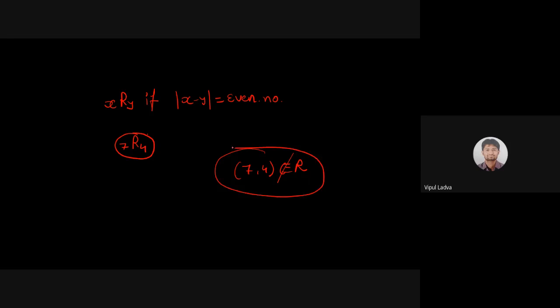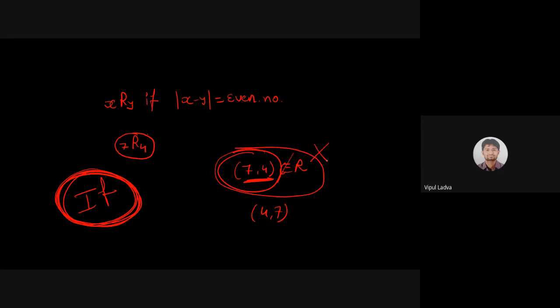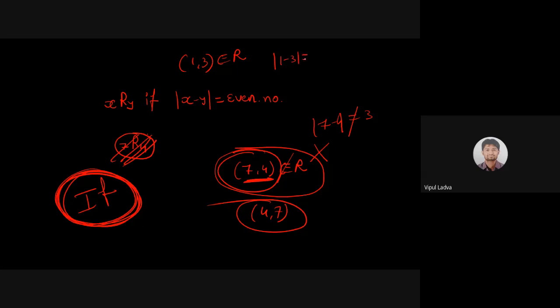तो यही मैं बोल रहा हूँ मोहम्मद, देख वो जो बोला ना कि इफ वाली कंडीशन है एक बहुत बड़ी. इफ जो है ना वो क्या कह रहा है? If 7,4 is in R, then 4,7 must be in R. पर अगर 7,4 R में है ही नहीं ना, if it is not present, then we should not think for the 4,7. 7,4 does not belong to R, क्योंकि अगर इन दोनों का तू subtraction करेगा 7 minus 4, it is 3, which is not an even number. तो 7,4 R में ही नहीं है, तू R में है ऐसे एक पेयर फाइंड कर. Can we take 1,3? Yes, 1,3 belongs to R. Why? Because the absolute value of 1 minus 3 is an even number.